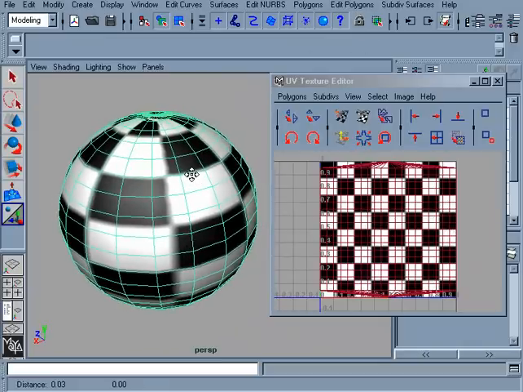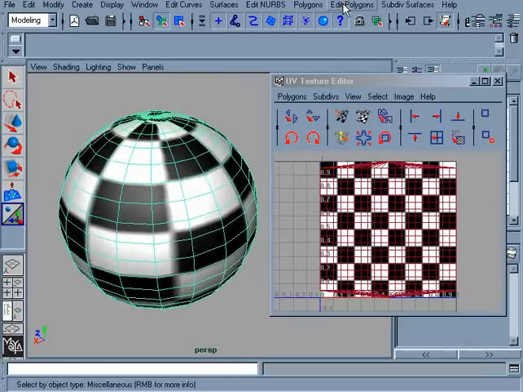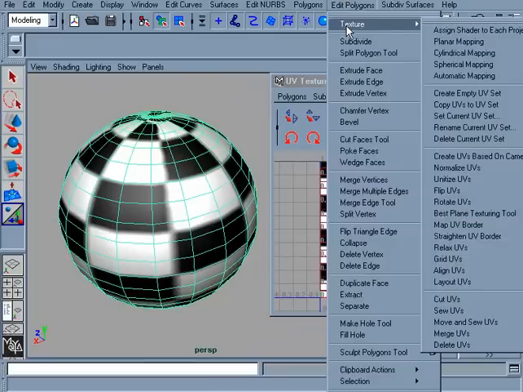So in order to access the tools to make a custom UV layout, we're going to go up to Edit Polygons, Texture, and these are pretty much the tools that can be used to make your own custom UV sets or custom UV layouts. And that is planar mapping, cylindrical, spherical, and automatic mapping. So let's go ahead and just start at the top with planar mapping, and let's take a look at what